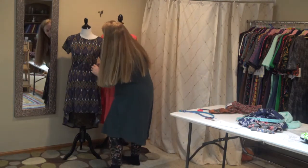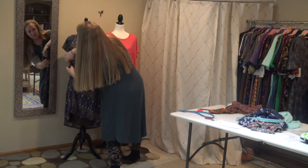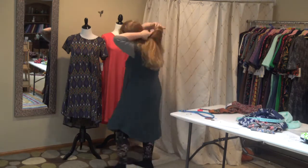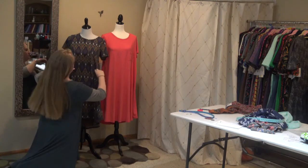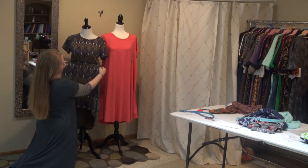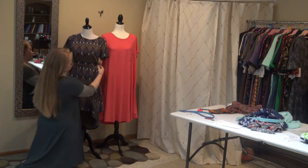So with this one, here's how the dress hangs normally, okay? So there's that standard dress. I have 2 safety pins. So hopefully I can show you guys how to do this from here. So you're going to find 2 points on your dress, and you're going to fold them up. So you're basically making a little waistline right there, okay? So you fold it up until you can kind of see where you want it to be. So you fold those up,